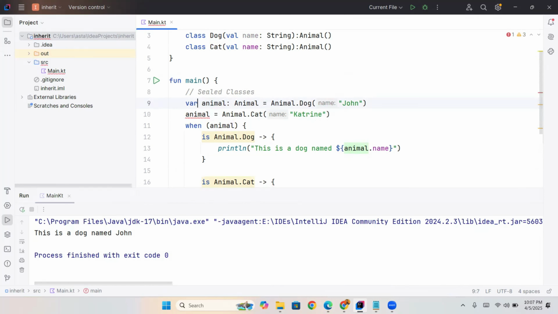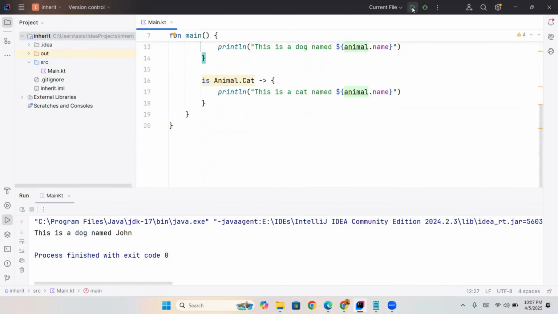Let me write var, not val. If that is val, then you cannot change the value of this animal object. Let's make it var so we can update it with the object of Cat. Run it. Here you can see the message, this is a cat named Catherine.